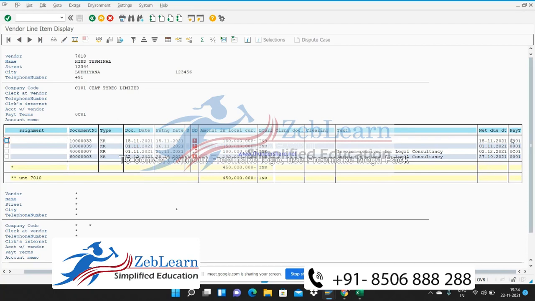I posted some invoices before the terms of payment was added to the vendor account. At that time it was not like that. I had not added the new terms of payment which I created, 0C01. That terms of payment was not added when these invoices were posted in the system. So that's why the system is not calculating it automatically.